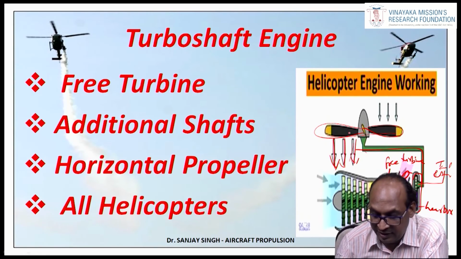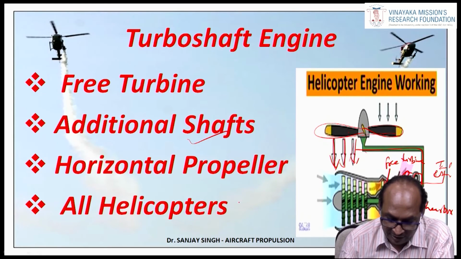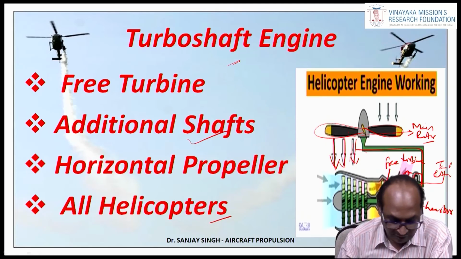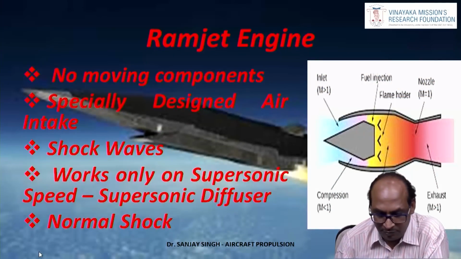We can even change the angle of this rotor. There will be an additional shaft, as I told, and it is also called the horizontal propeller, which I am referring to as the main rotor, and this is for all helicopters. This turboshaft engine is used. Coming to the ramjet engine. Yes,